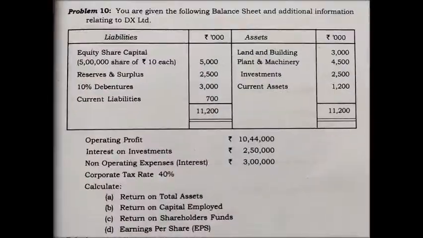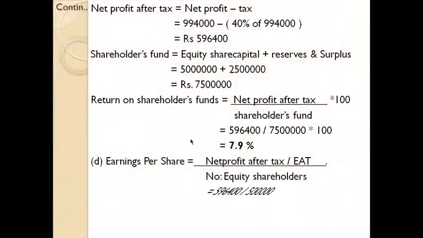Just go through the question. Here equity share capital is 5 lakh shares of rupees 10 each, so the number of equity shares is 5 lakhs. Remember to take the sum wisely, because only the number of equity shares should be taken. So 5,96,400 divided by 5 lakhs, you will get 1.19 per share. So each shareholder will get rupees 1.19 for the earnings earned by the concern.